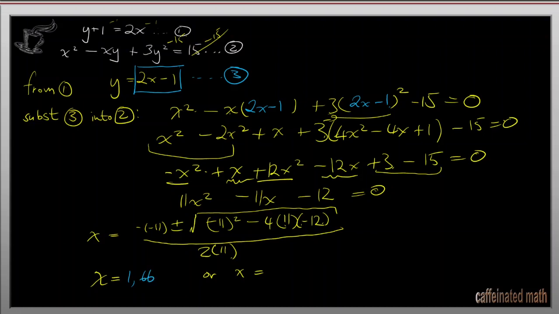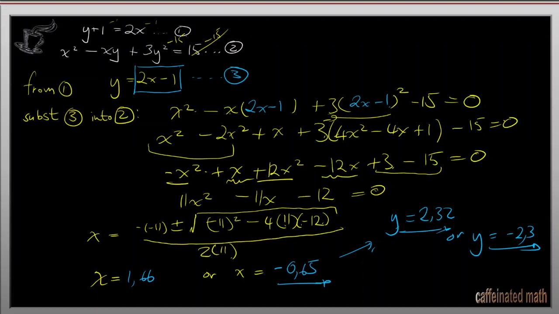1.66, or, the calculator just plays along, delete, turn that negative, or negative 0.65, which means y is equal to, we'll double check that now, 2 times 0.66 minus 1, 0.32, and then the secondary value, delete, 2 times minus 0.65, close bracket, or y is equal to minus 2.3. That is